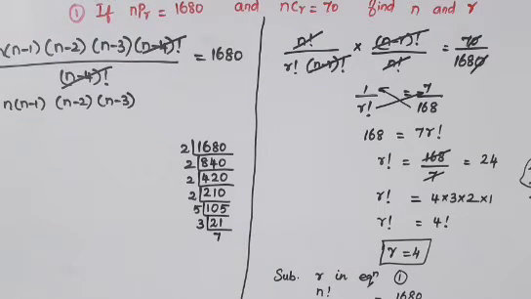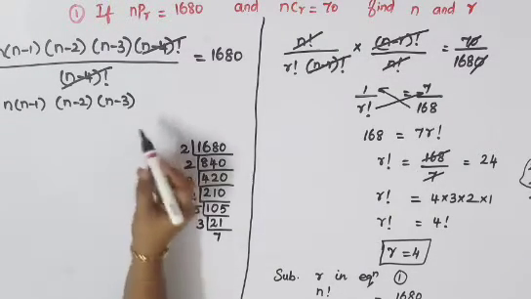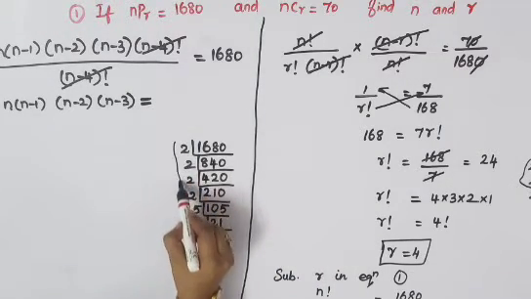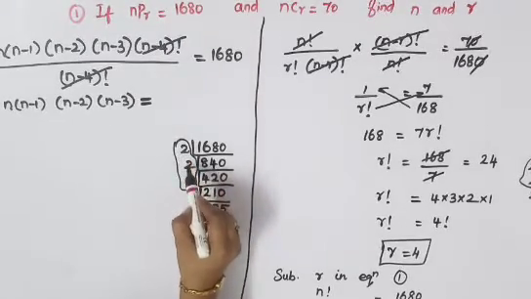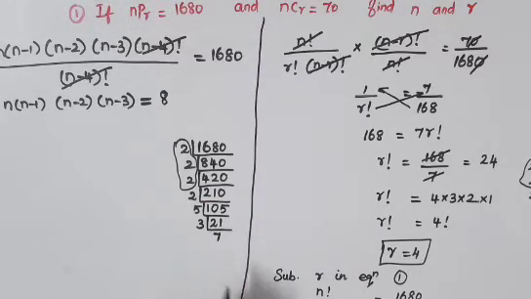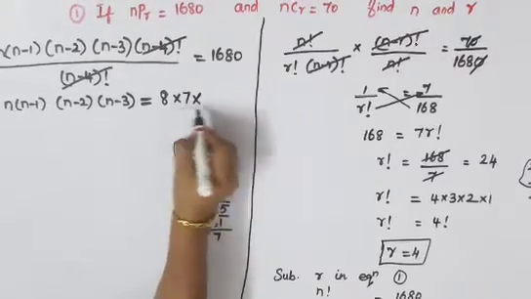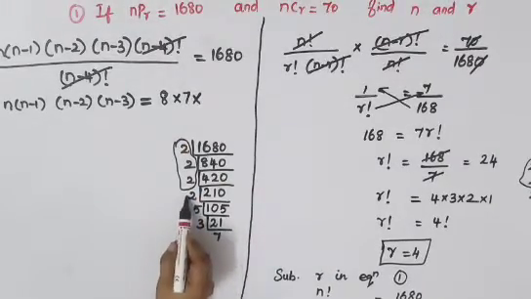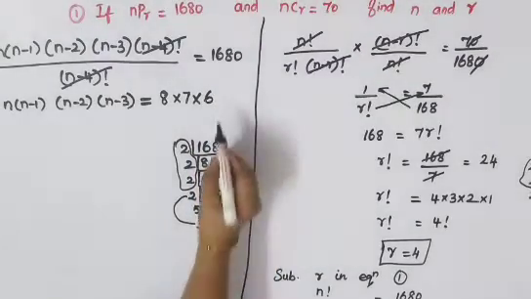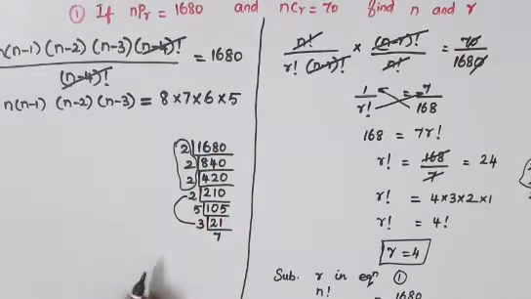Now you need consecutive numbers, like n, n minus 1, n minus 2, n minus 3. So in that order you have to replace your numbers. First I'll club these three 2s: 2 into 2 into 2 gives 8. Already 7 is there, so leave the 7 as it is. Then see whether you can replace 6: this 3 and 2 you can club together to get 6. Only one part is left out, which is 5. If you get it in this order, then you can replace your n.